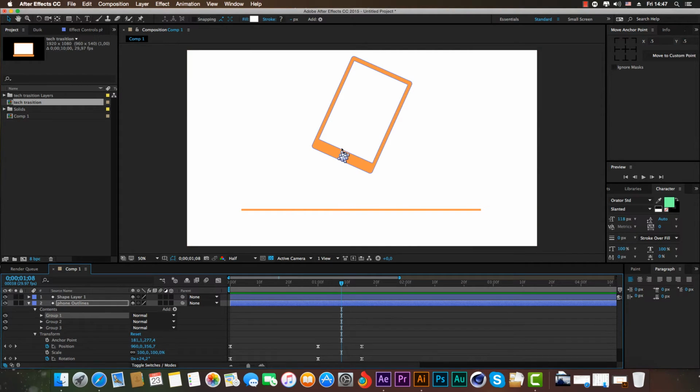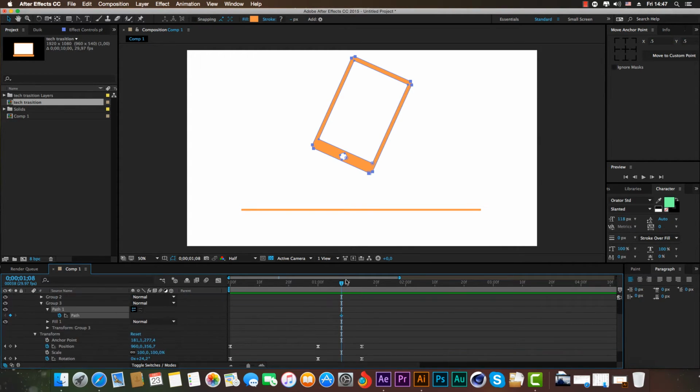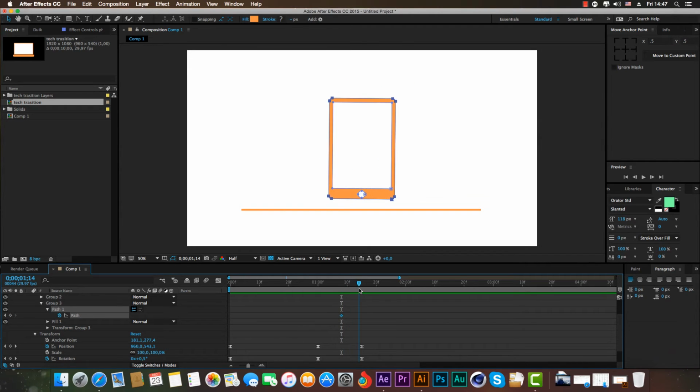We don't need this group. Toggle down, path, select, turn on the stopwatch here. Go to next keyframe,